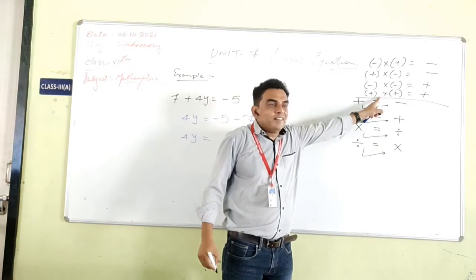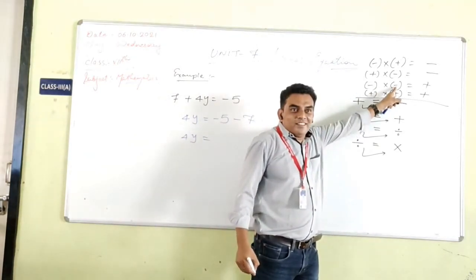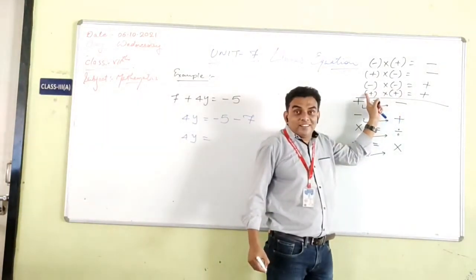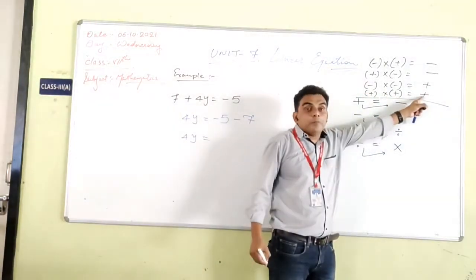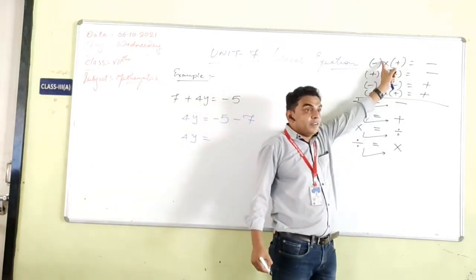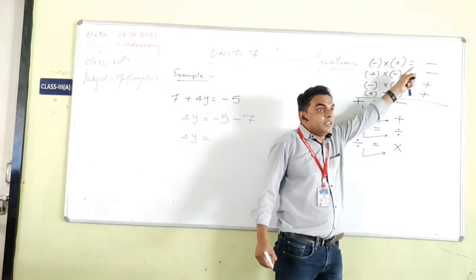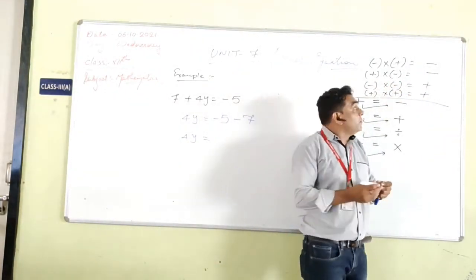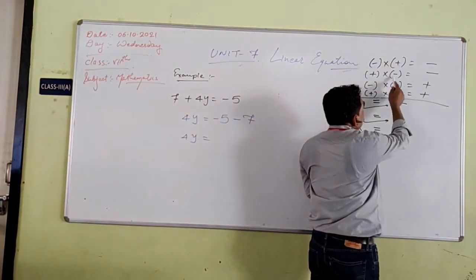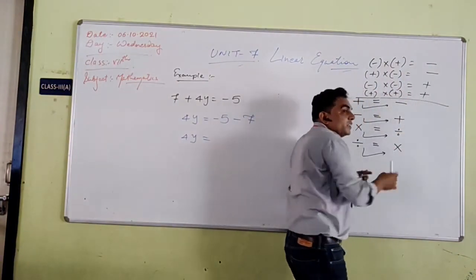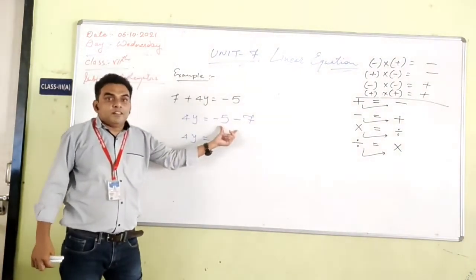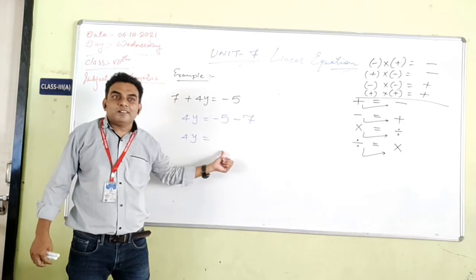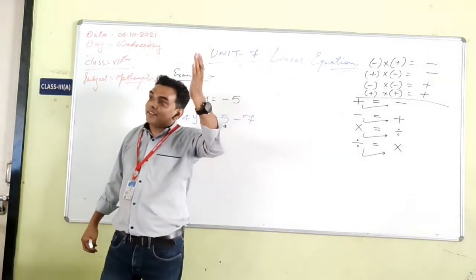Got it? Both are the equal sign. The relation is multiplication. The answer will be positive. But here you can see that both are different signs, so the answer will be negative. Here also both are different signs, so the answer will be negative. Then why are you saying minus plus minus, plus minus minus? Here you made a mistake. You saw both minus and said plus. Then you are wrong at that time.